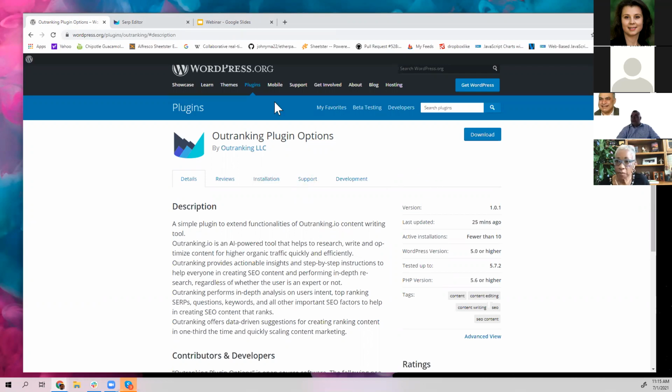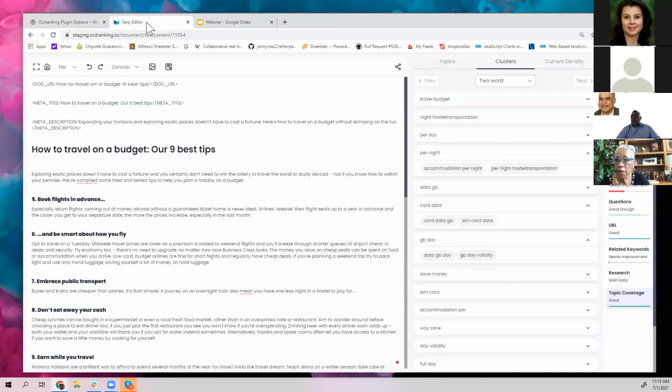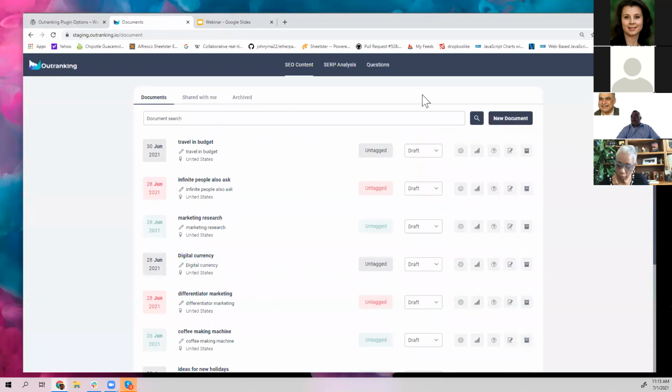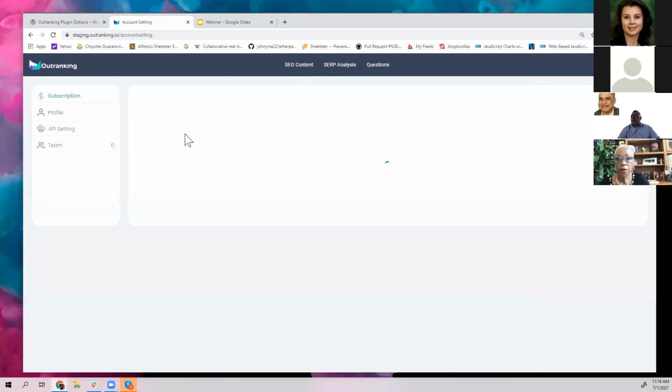You can install this once the update is live, and you will need to go to your account page, then to API settings, and get this particular key and use it to get access when you are